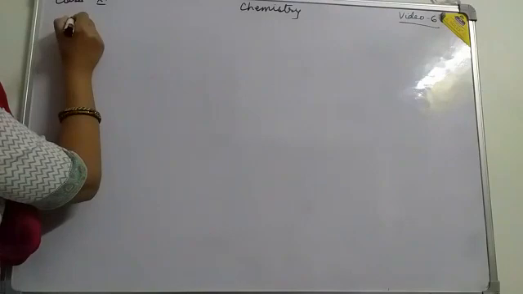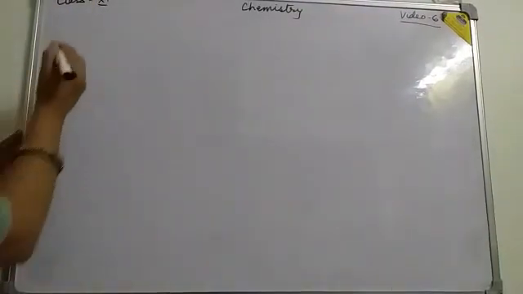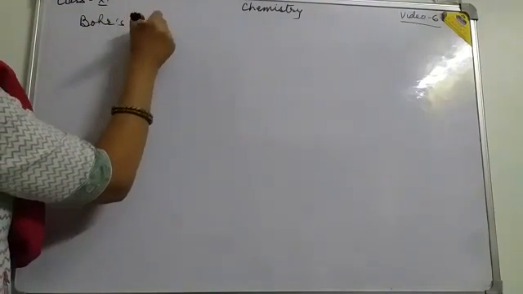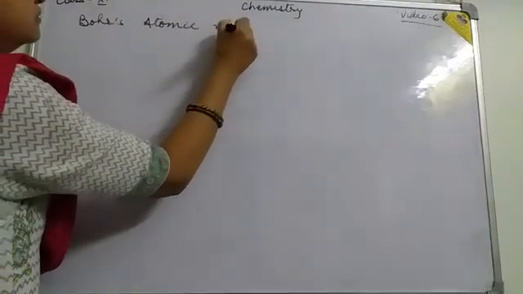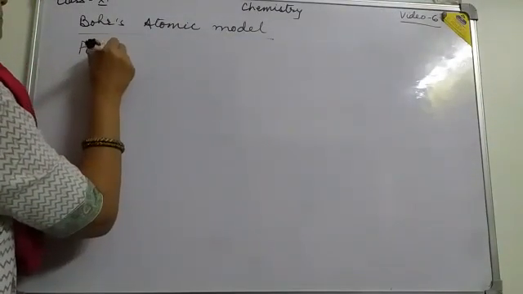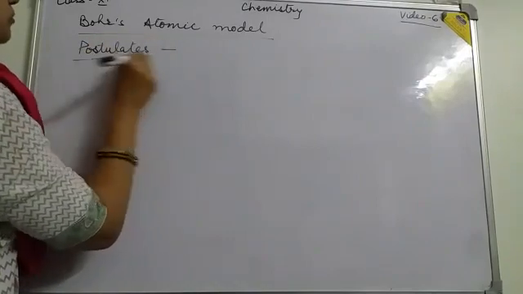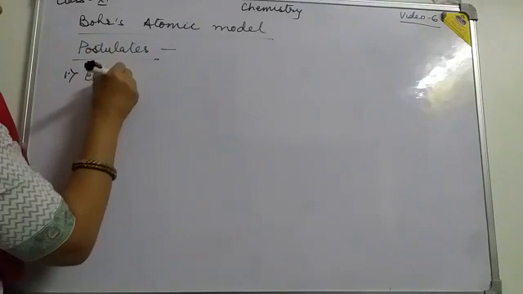You can say that this is Bohr's atomic model. The postulates of Bohr are: first, electrons revolve